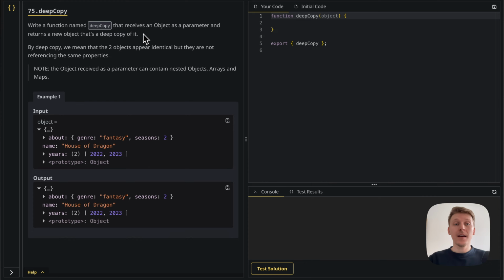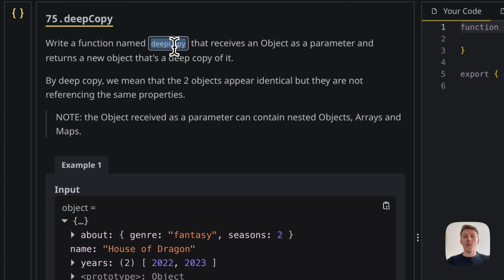Now, in this one, we need to write a function named deepCopy that receives an object as a parameter and returns a new object that's a deep copy of it. By deep copy, we mean that the two objects appear identical, but they are not referencing the same properties. And I added a small note here saying that the object received as a parameter can contain nested objects, arrays,